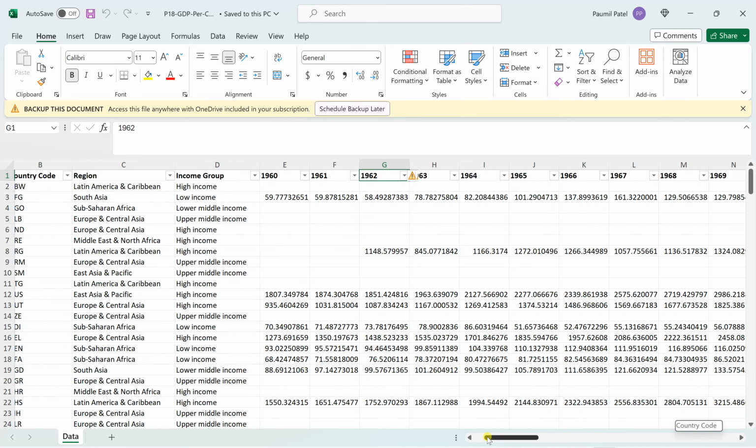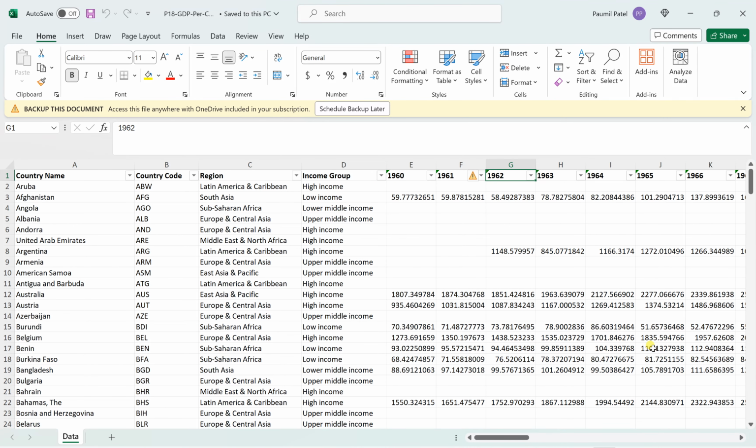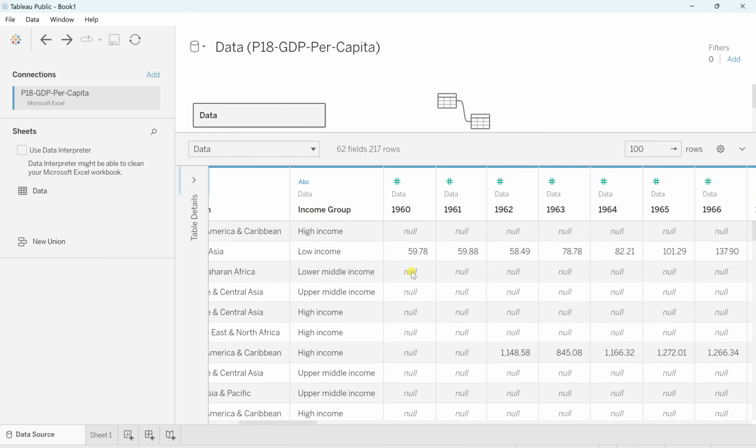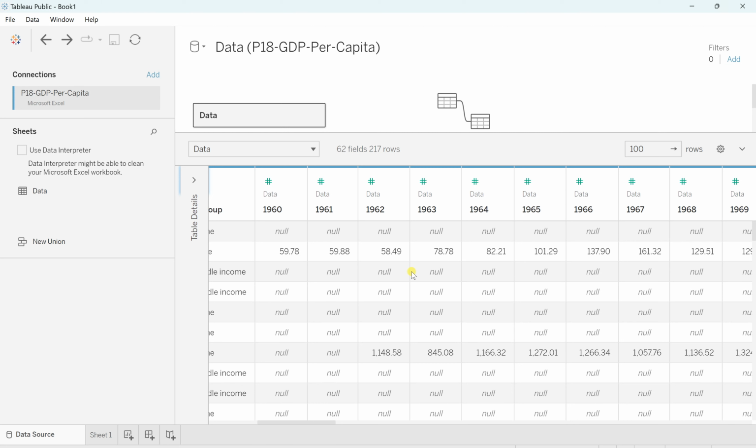So what we need to do is pivot all this, right? This is the same representation we can have here in your data source, from country name, country code, and also this will show you the top 100 rows from that file. So what you need to do is just scroll over to those columns that you want to pivot. Here, as we want to pivot from 1960, click on this, and same as we did earlier in the metadata, select it and press shift, and now